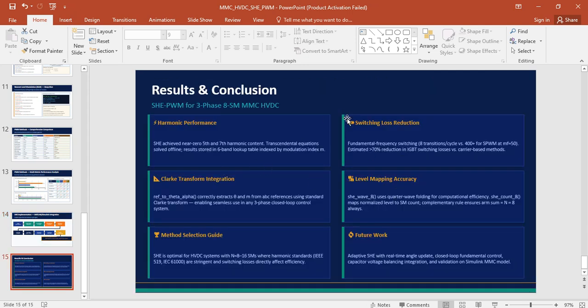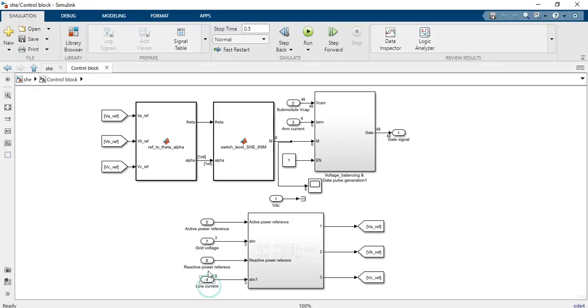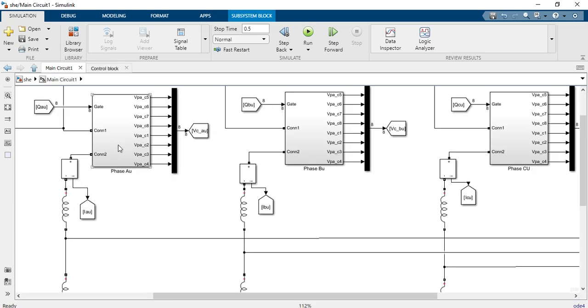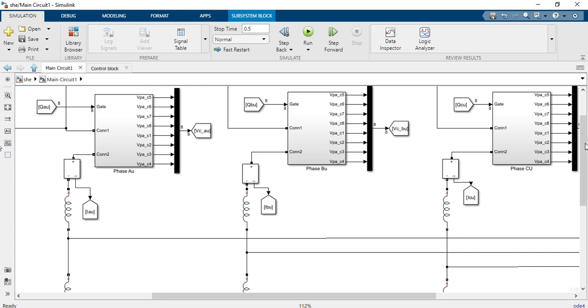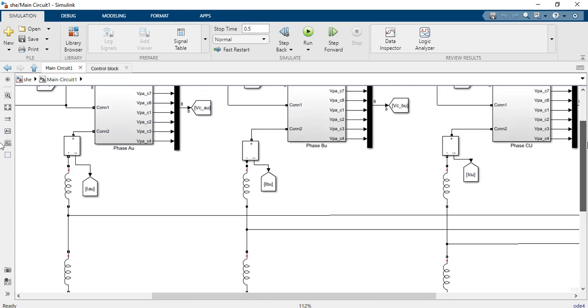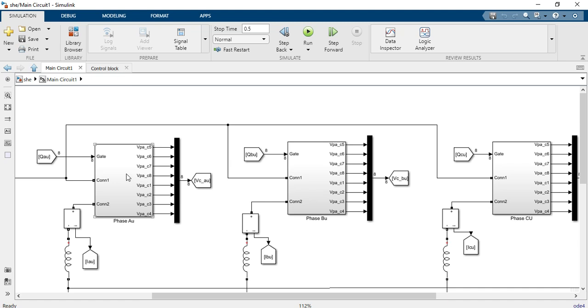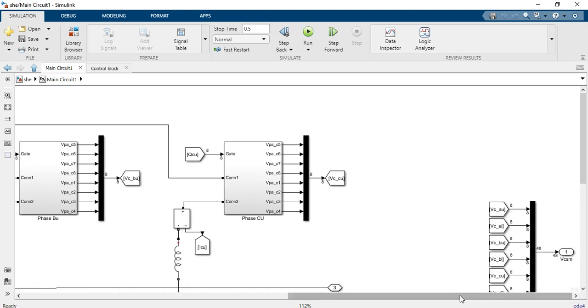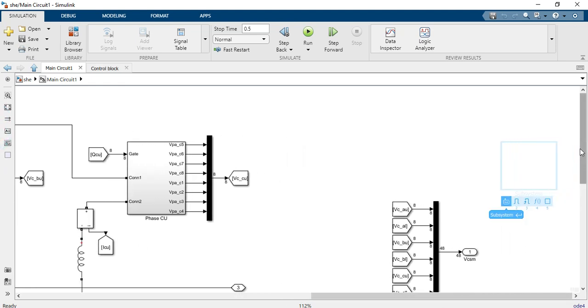And this is the overall conclusion of this work. So let me show you the model. So this is the overall model. We have 8 submodules in either arm, in the upper arm as well as in the lower arm. We are measuring the voltages. We are measuring the arm currents, and those arm currents and the voltages are sent